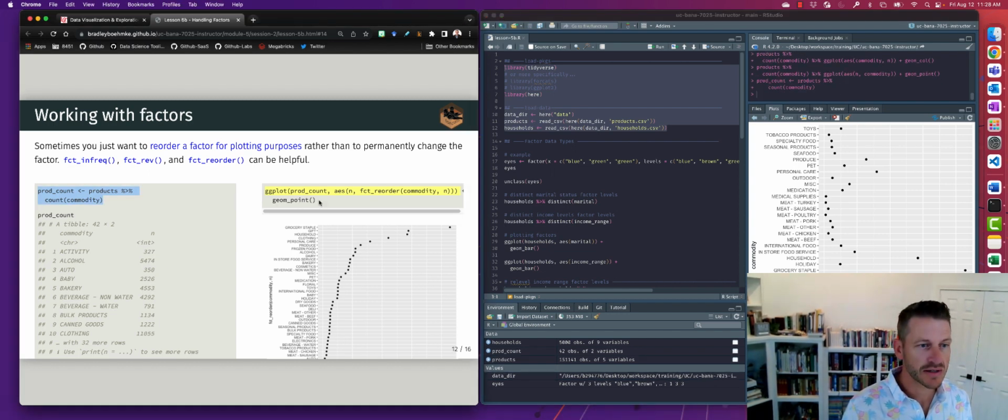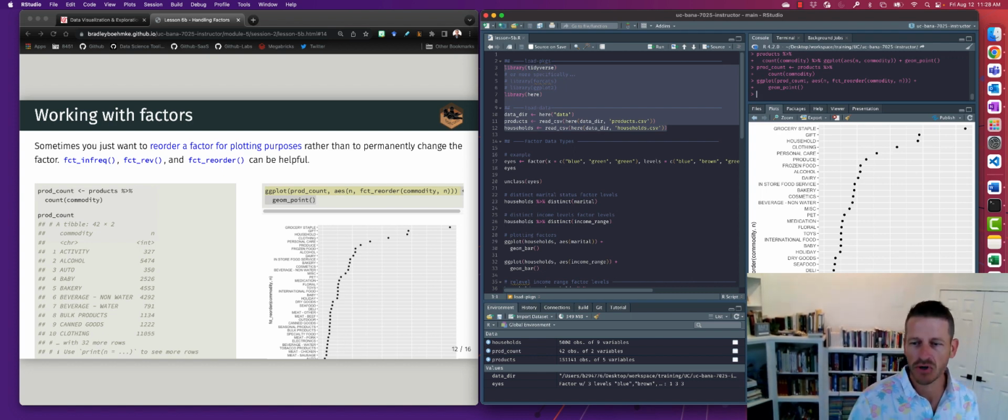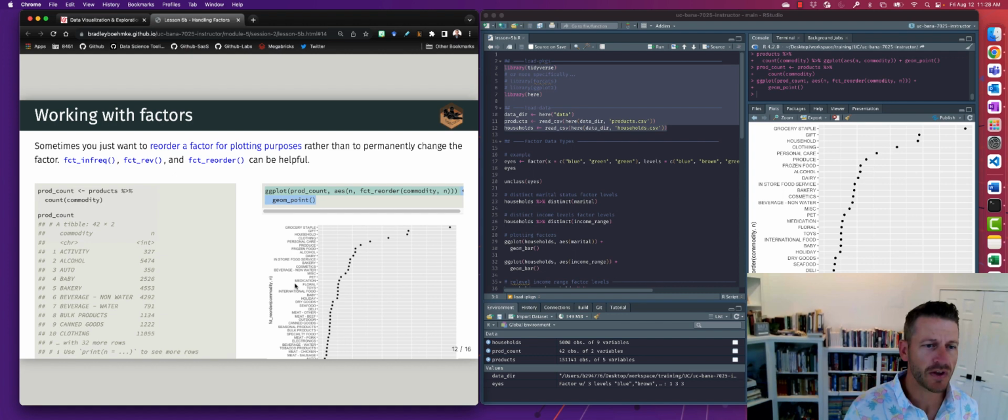Now, what I get is a plot that is nicely ordered from most to least observations for the commodities. This is much easier to understand. I can tell right away my top 5 items that have the most number of observations: grocery staple, gift, household, clothing, and personal care. The 2 with the least amount of observations are meat and poultry within the meat department, or turkey and poultry within the meat department. All right, so factor reorder is super helpful, and I use it all the time when